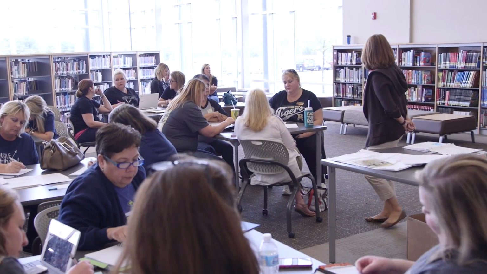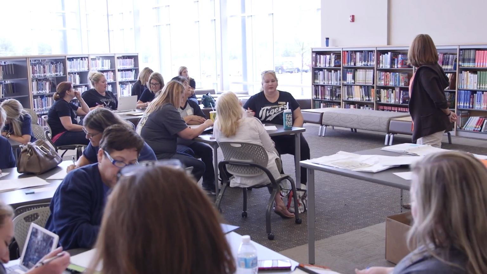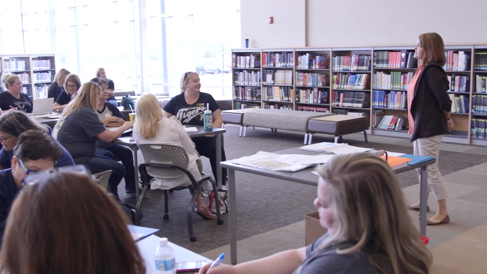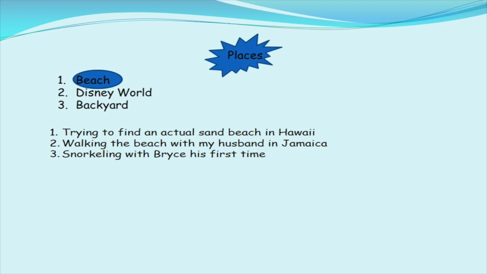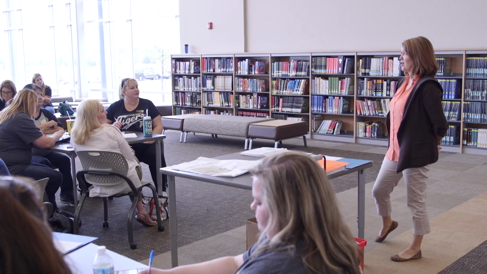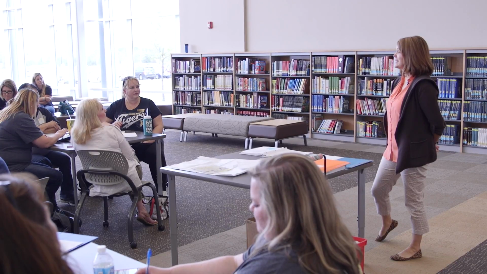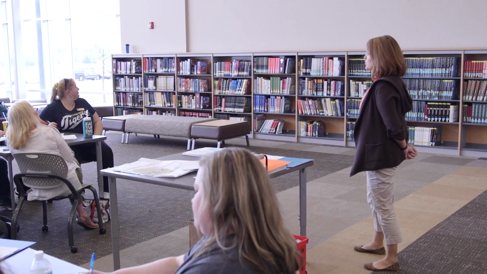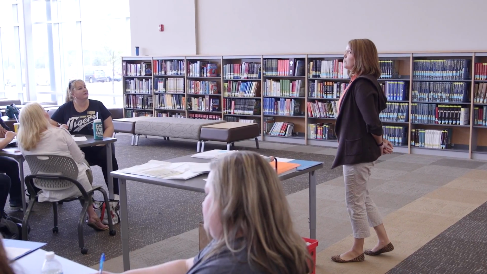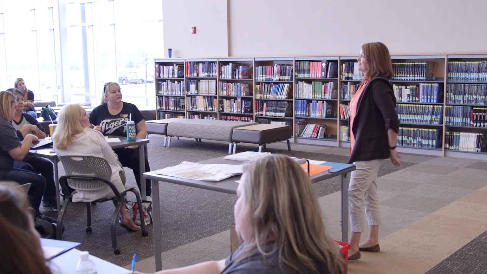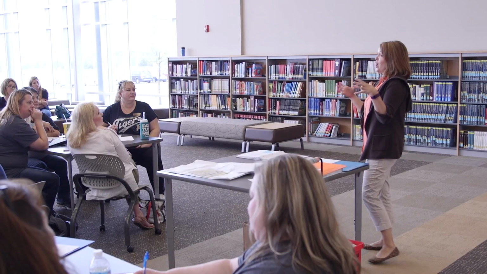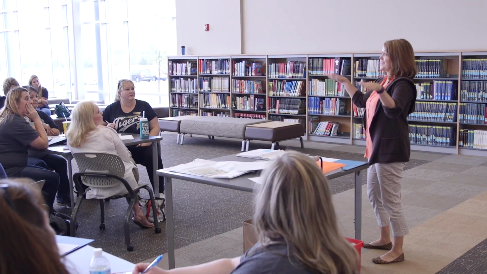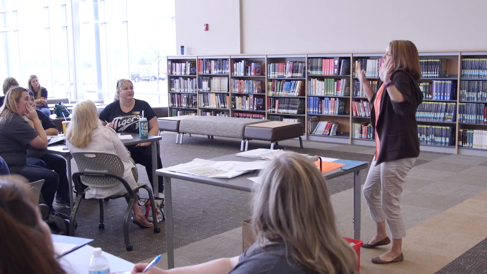So I chose the beach, and one of my favorite memories that I have is I went to the big island of Hawaii a couple of summers ago, and I found the big island doesn't have sandy beaches. They're all lava rock all over the place. So I had to drive for hours to actually find an actual sand beach, and it was an experience. I got my rental car, no doubt, lodged on a big boulder, and we're kind of teetering there up and down. Anyway,